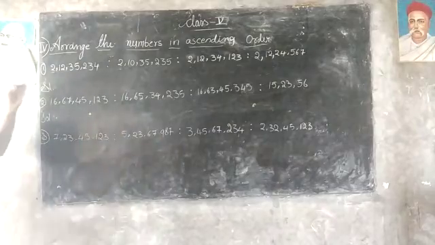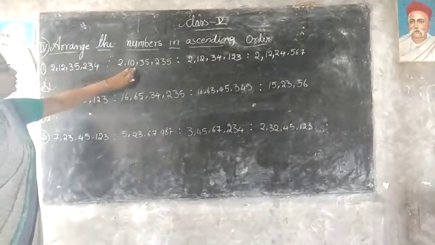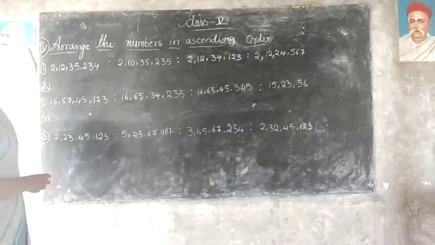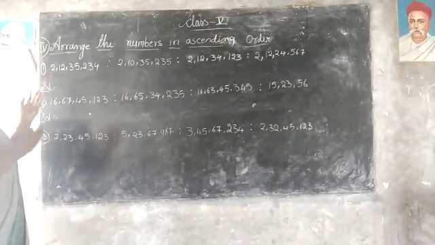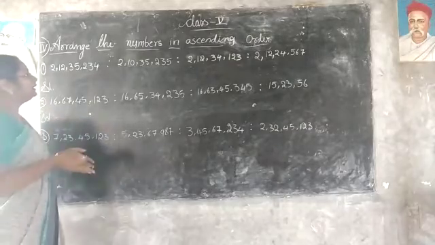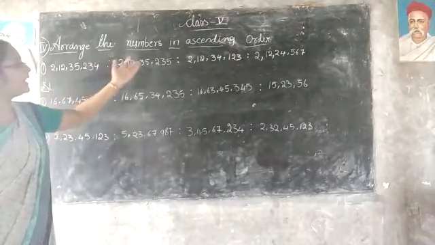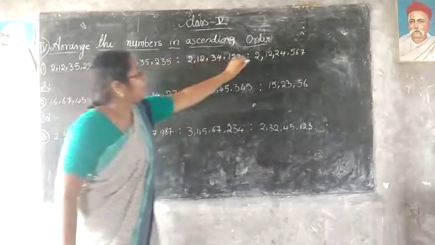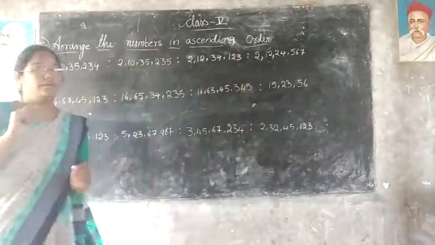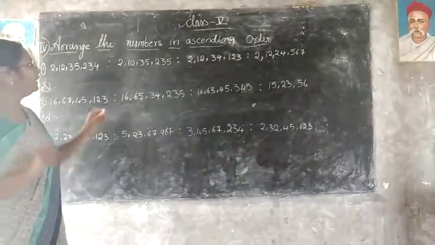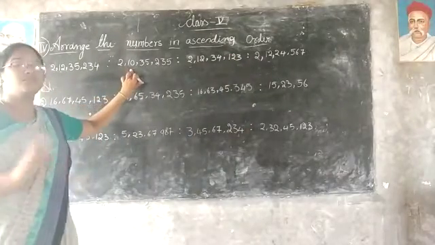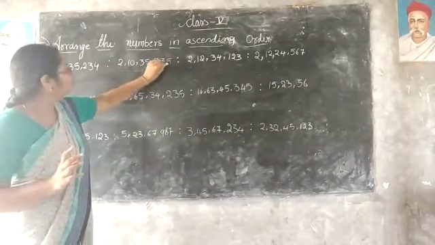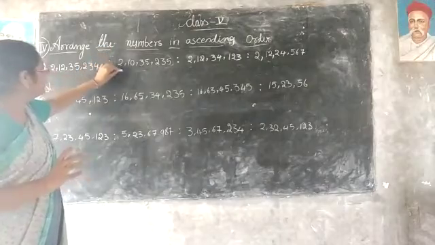All these numbers start from 2. Crores are equal, so at that time we can check the lakhs place. Here 12 lakh, 10 lakh, 12 lakh and 12 lakh. So we can identify one thing: 10 lakh is the smallest number. We will leave it out in the next counting.